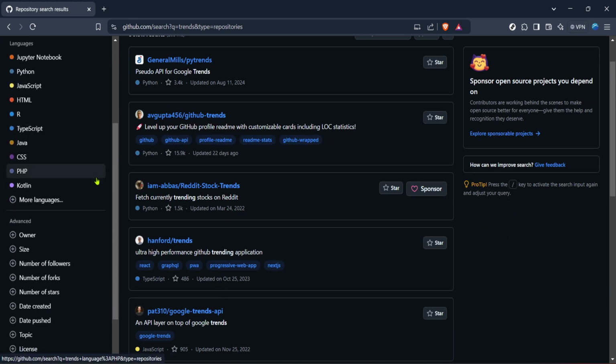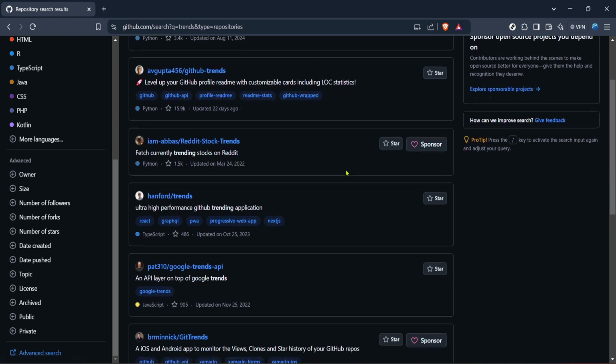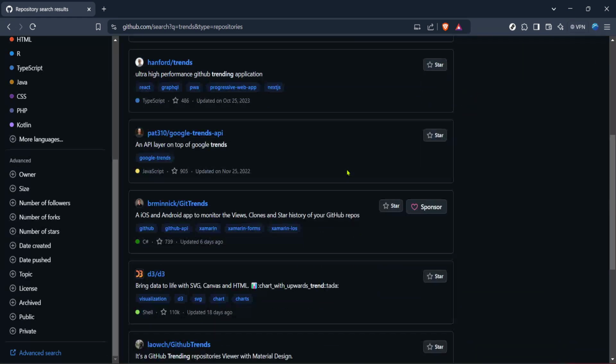And there you have it, folks. You've just learned how to efficiently search GitHub. This simple process can make navigating and finding content on this platform much easier. Feel free to use this method whenever you're diving into GitHub to explore new projects or contribute to existing ones.